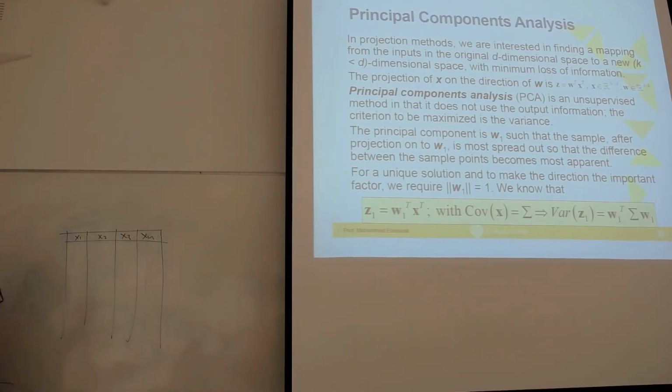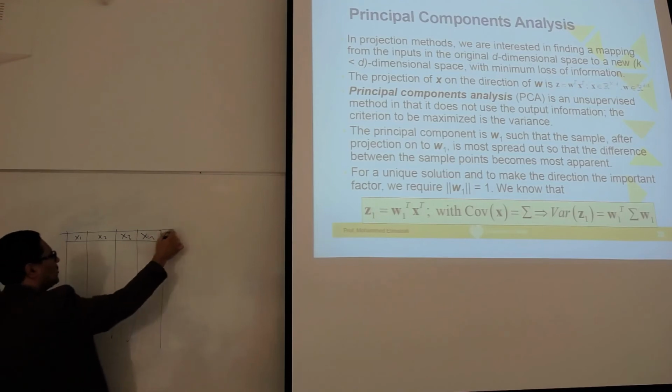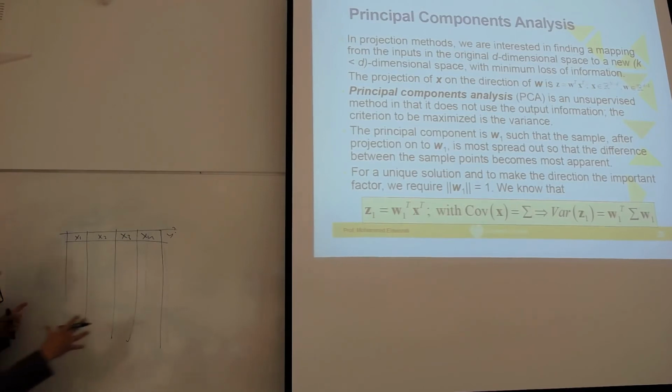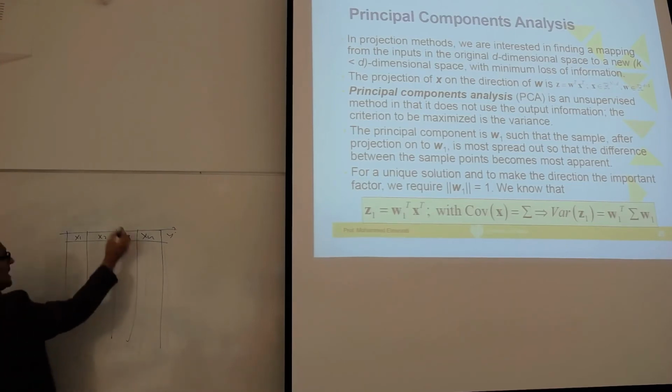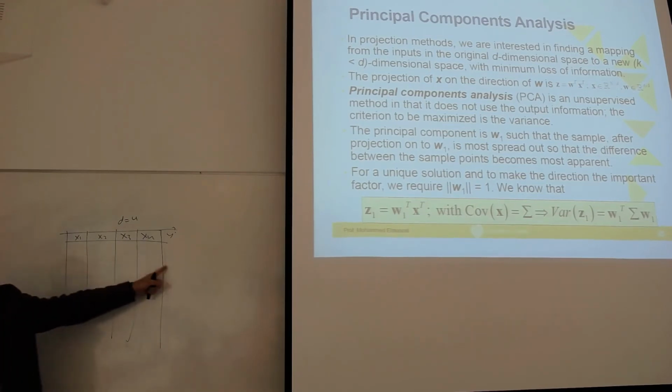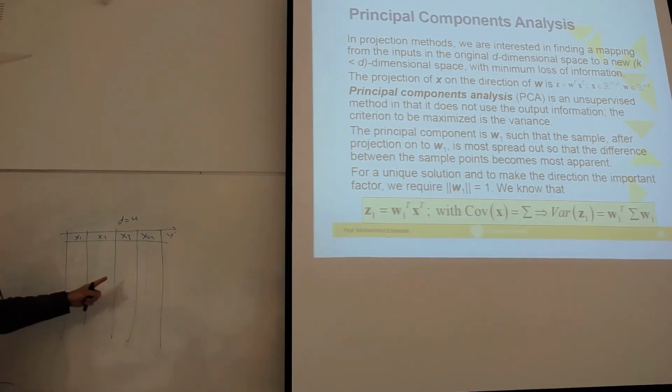Remember that principal component analysis is an unsupervised method. It means that I don't need to know the output y. We can reduce the size without even looking at the output. So now we are looking only at the available data here. D here is equal to 4, because the dimension of the data is 4. So we have 4 features, or 4 attributes.